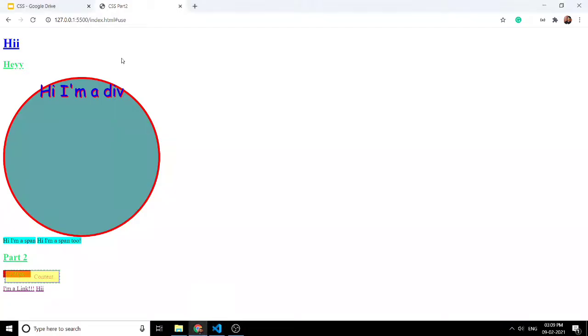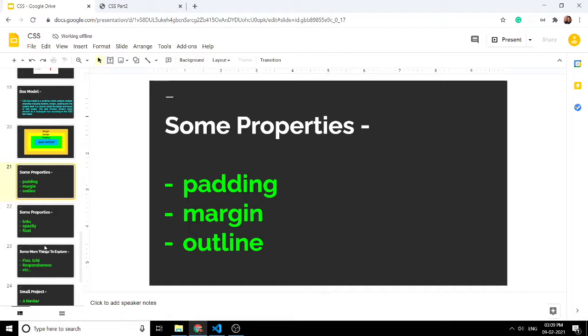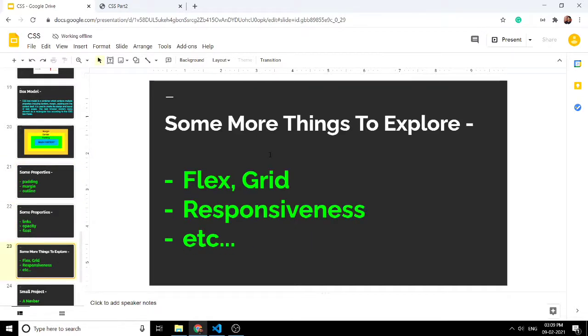So moving forward, there are many topics in CSS beyond what we can cover in one single video. These are some things that I want you to explore by yourself. You'll find plenty of resources on the internet for them: flex and grid, which are display properties used for designing layouts.